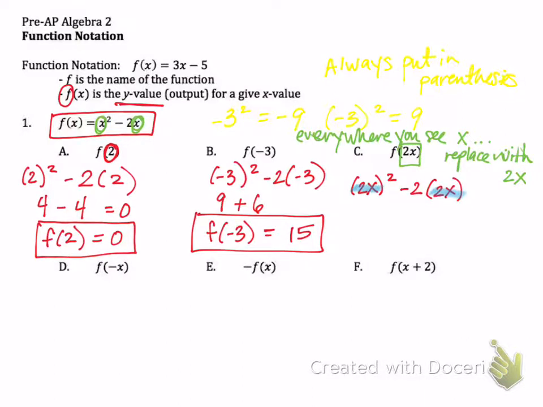And so then I'm going to simplify that. So if I have (2x) squared, what does that become? 4x squared. 4x squared, good. Minus